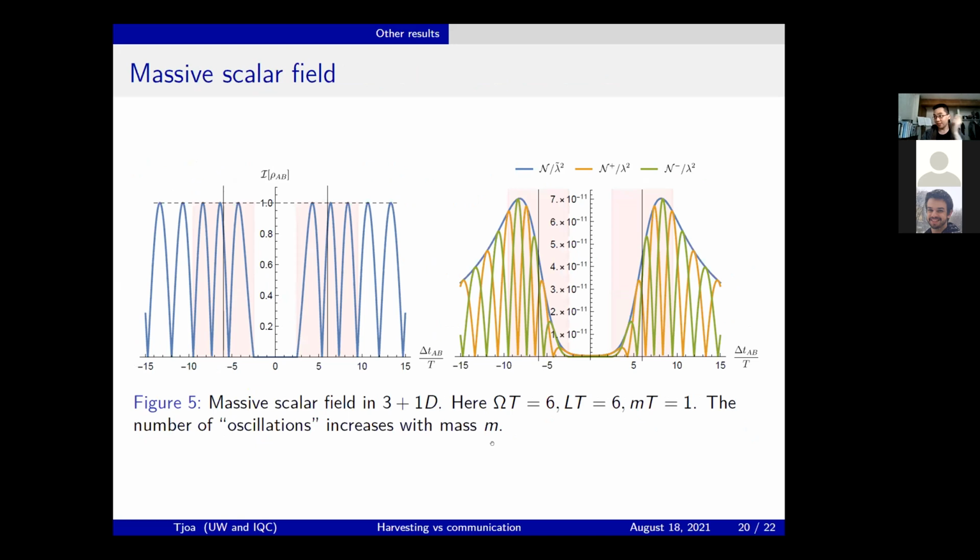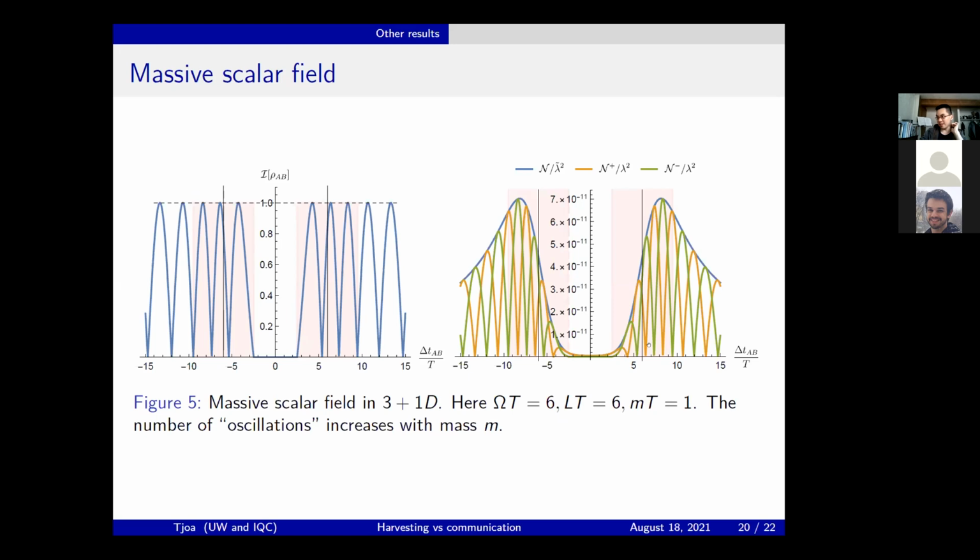So for the massive scalar field, something funny also happens. This is where the robustness that I mentioned appears. Remember that for massive scalar fields, the commutator naturally leaks into the light cone. But you can show that while in the space-like region the communication does nothing, the moment you approach and enter the light cone,